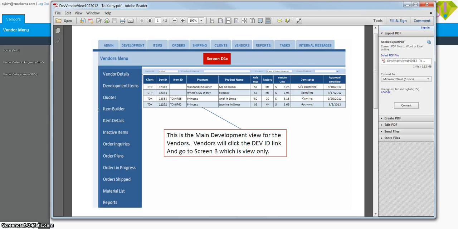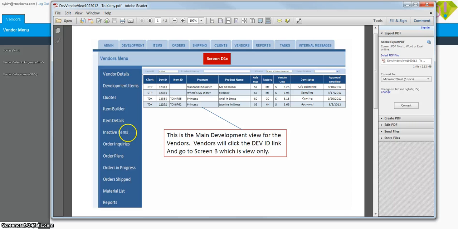They have the ability to put certain data in. Item details is the full list of the items that they have after they've been built, in case they need to go check a piece of data, a UPC or something like that, retail price. So they should be able to see their own items that they are working with. Inactive items is just a list of items that we've moved to inactive. They cannot make them inactive. Only Snap can, Snap Global Solutions, but they should at least be able to go and see that an item,